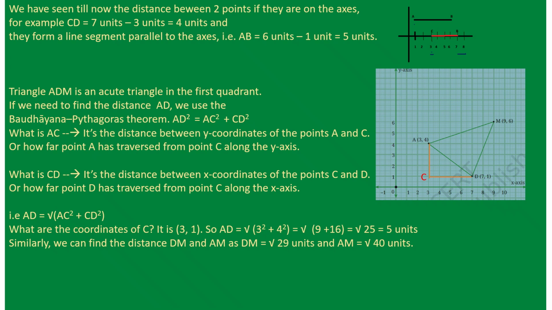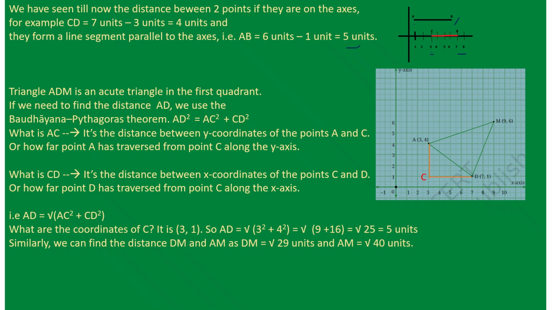Now, how to find the distance between the points A and B? This is a line segment which is parallel to the x-axis. So just find the difference between the x coordinates of the points, which gives the length of the line segment as 5 units. Now, these are lines which are parallel to any one of the axes or it lies